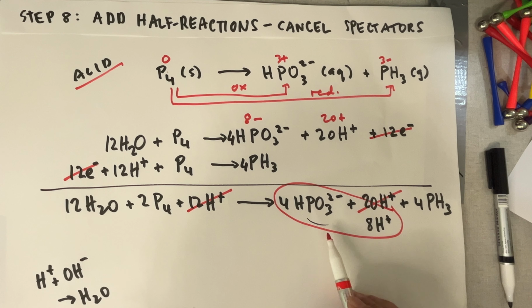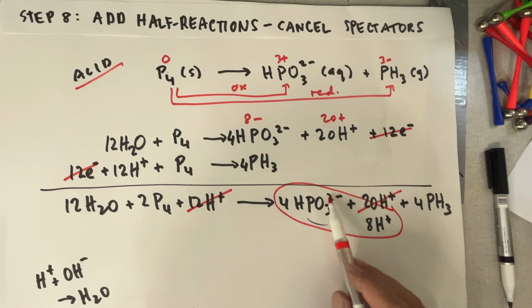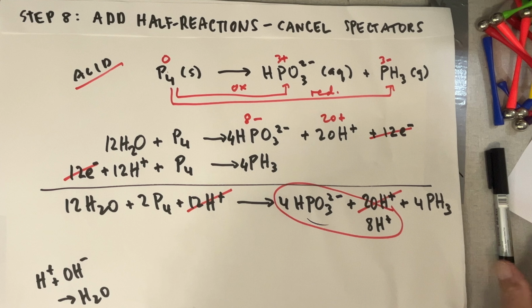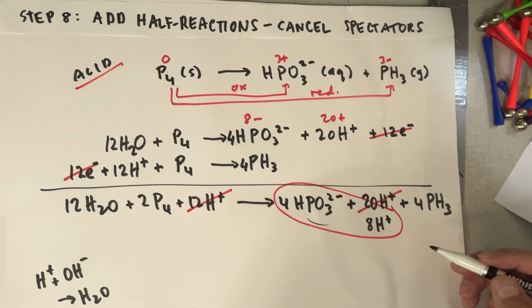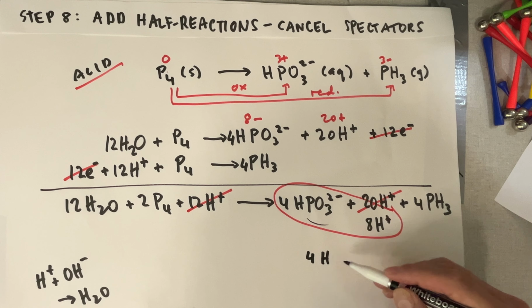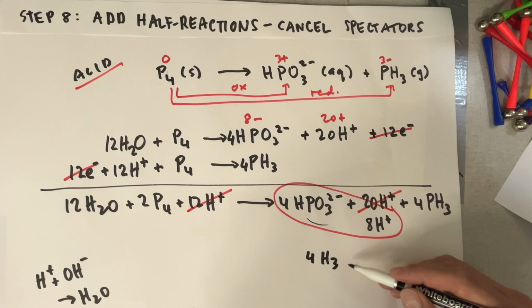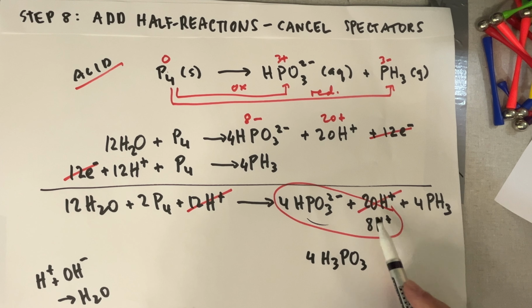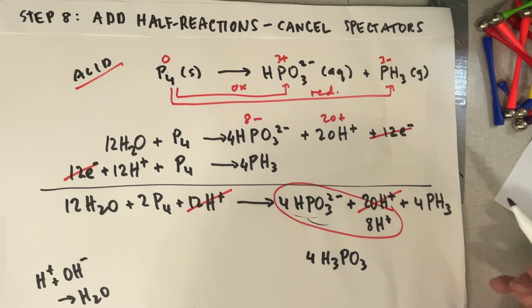And so you have the 2 minuses, that is basically the phosphite that has lost 2 hydrogens, and here you have the hydrogens that it can now pick up. So the net result is that you can have 4H3PO3s, so that all of these H pluses are neutralized by this conjugate base,